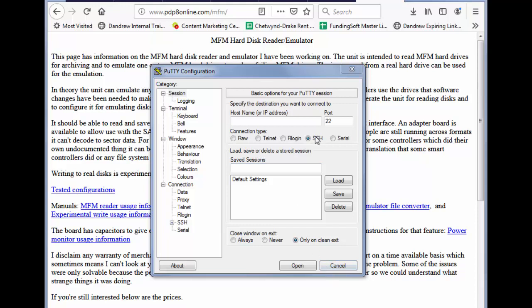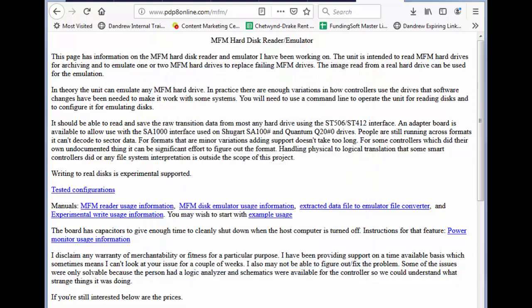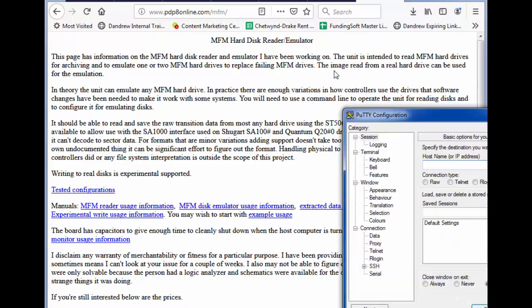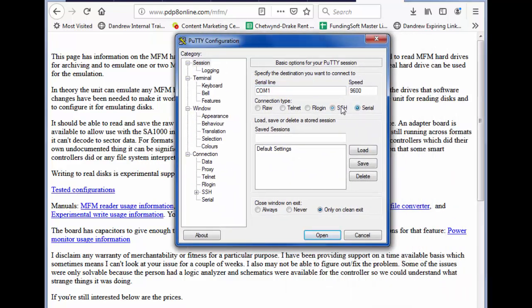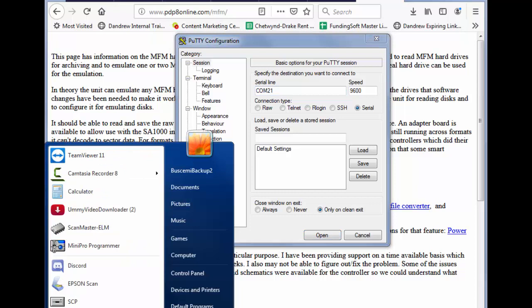Alrighty. So right now, I'm just going to be connecting over a serial port. I have an FTDI tool plugged into the serial port of the Beaglebone Black. And my computer, good old Windows 7, has recognized that as COM21, and so I'm going to switch from the default. When I open a PuTTY session, the default is SSH. I'm going to change that to serial and manually change the COM port to 21. The way that I figure out what that is, I open